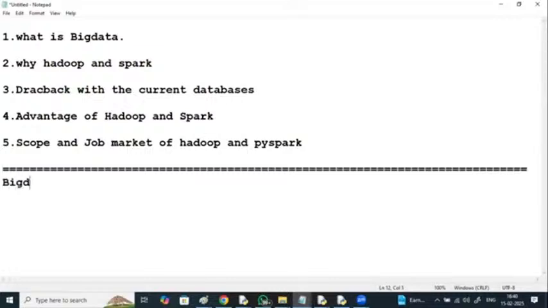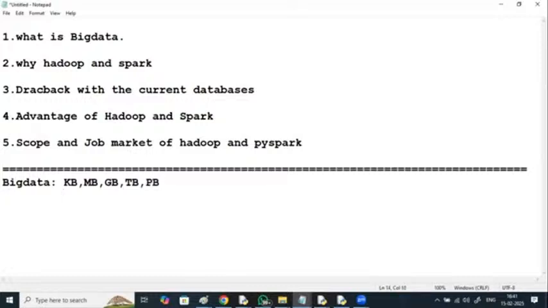Big data, the name itself says huge volumes of data. Currently, how is the data getting stored? The data storage units: you should have seen KBs of data, MBs, GBs, or terabytes of data. But today, data is getting generated in petabytes.